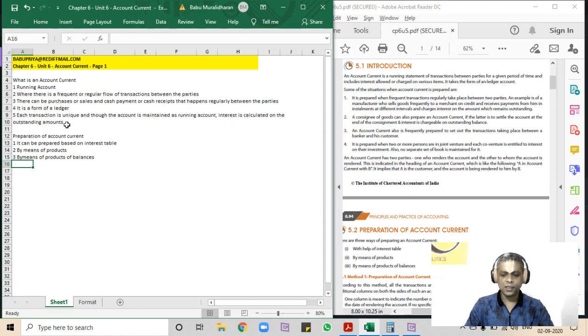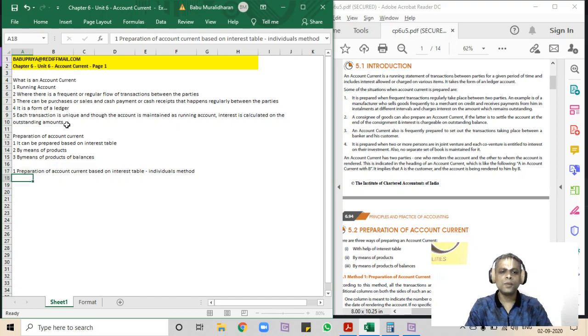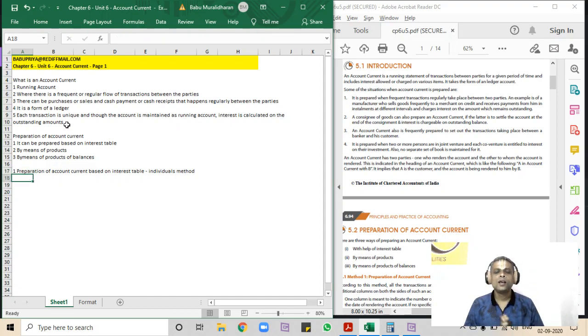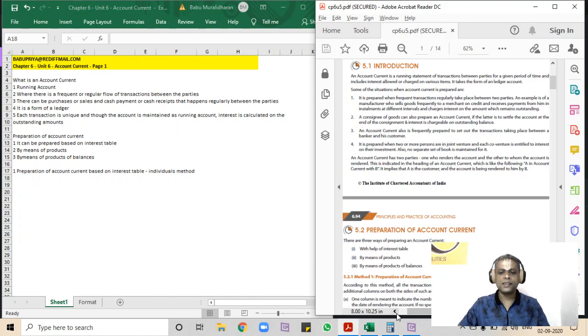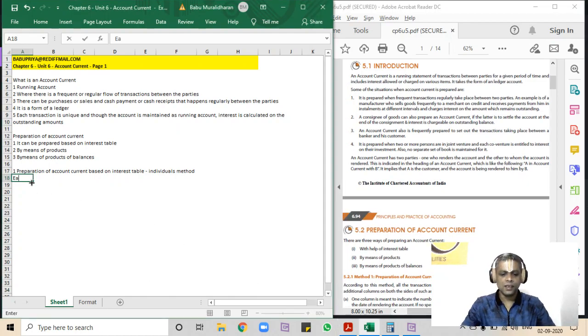We'll calculate interest based on the preparation of account current using interest tables, if the transaction is between individuals. Like only individual methods, if only two parties are involved, and how the interest is being calculated. We'll discuss that in the first one. So according to this method, each transaction, as I said, is treated individually as in a ledger, right? Each transaction